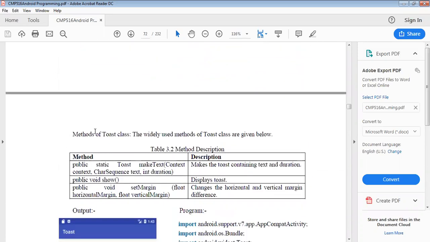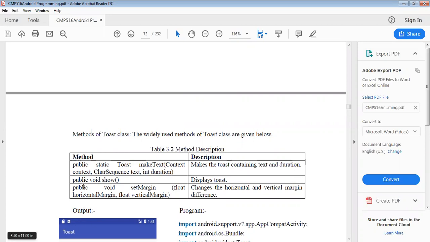There will be some methods of toast class. That method is widely used for the toast class. So those methods will be that. First will be public static Toast makeText, Context context, CharSequence text, int duration. Means make the toast containing text and duration.